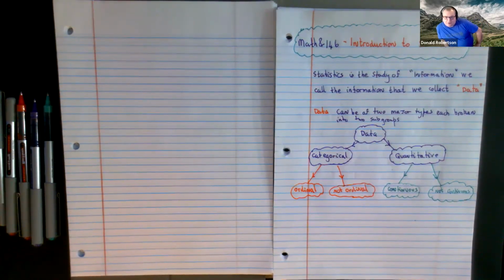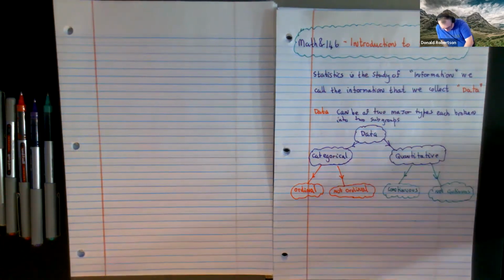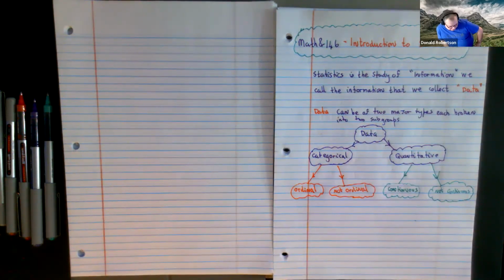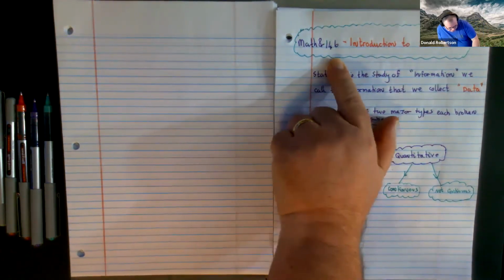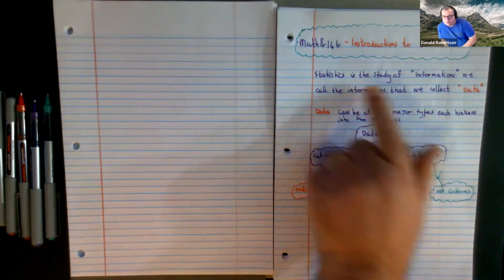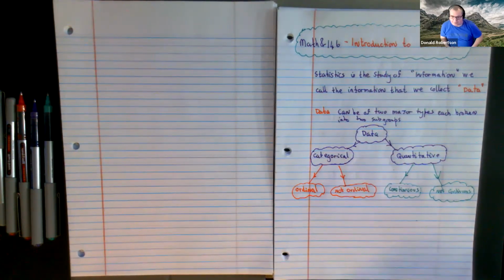You might wonder, what on earth is statistics? It's a branch of applied math, which means that it's math that is used in business and in pretty much everywhere. It doesn't require a lot of algebra, which many of you will probably like. It's a totally different kind of math, and that's fine. Well, statistics is a study of information.